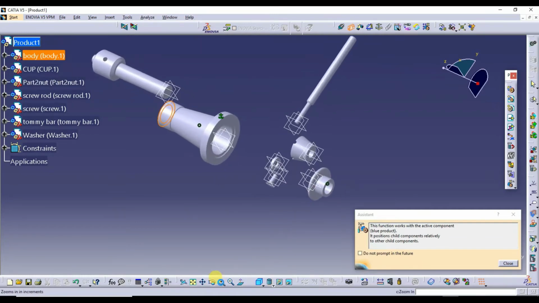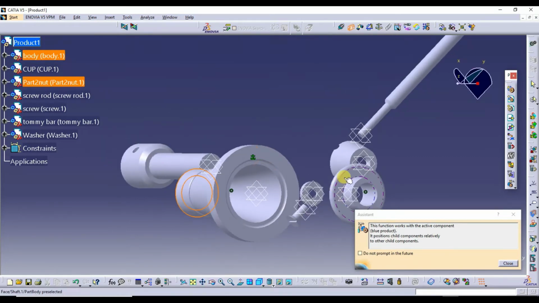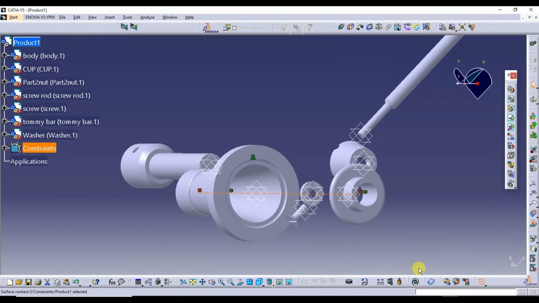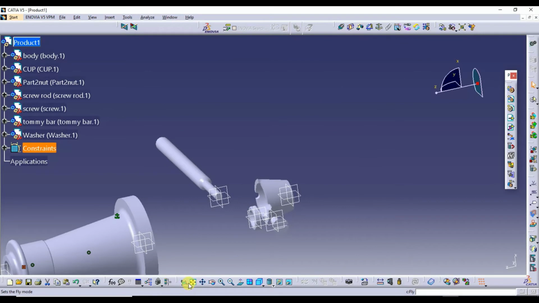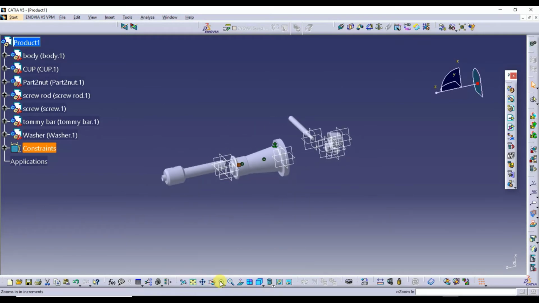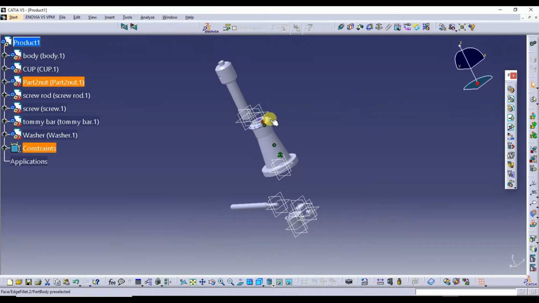I'll zoom this a little bit. This part. Then I'll go for the update. See here, the nut is coming in contact with the what? The upper surface of this part.